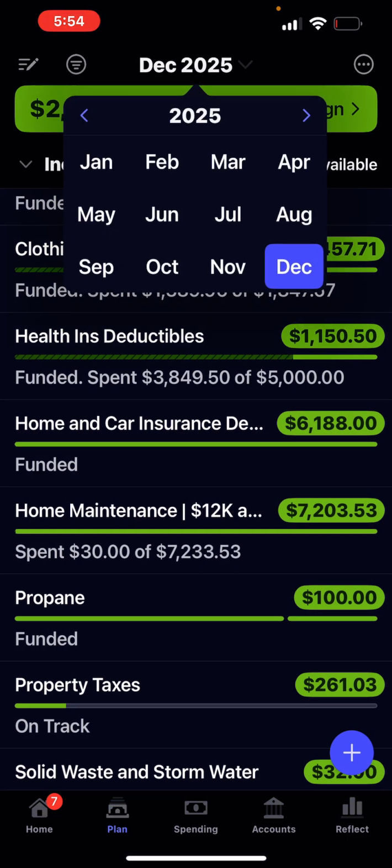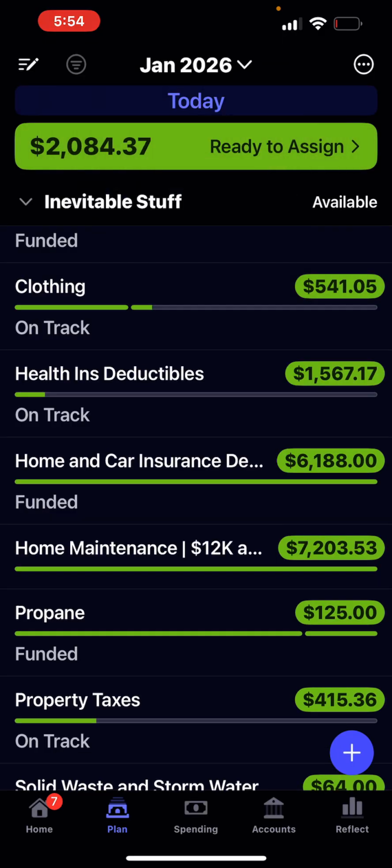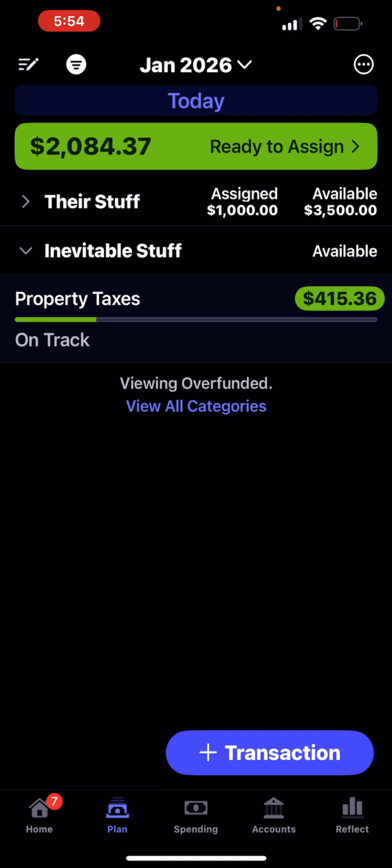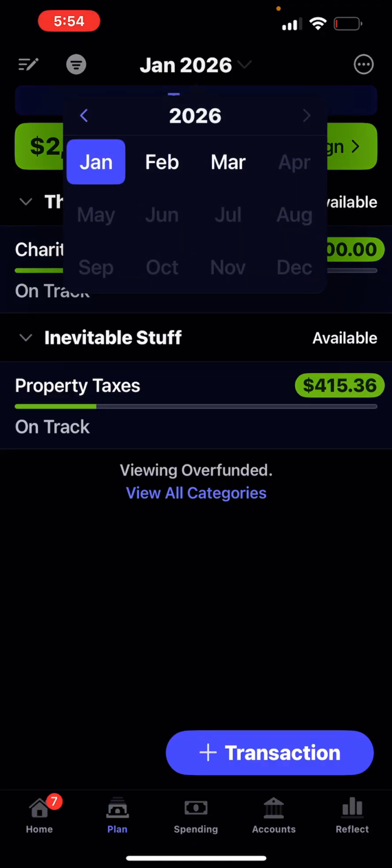Now if I go into January of 2026, I shouldn't see anything overfunded, but let's just see what happens. Yeah, property taxes is overfunded. And charitable donations. I think I'm fine leaving those as they are. So back into December,